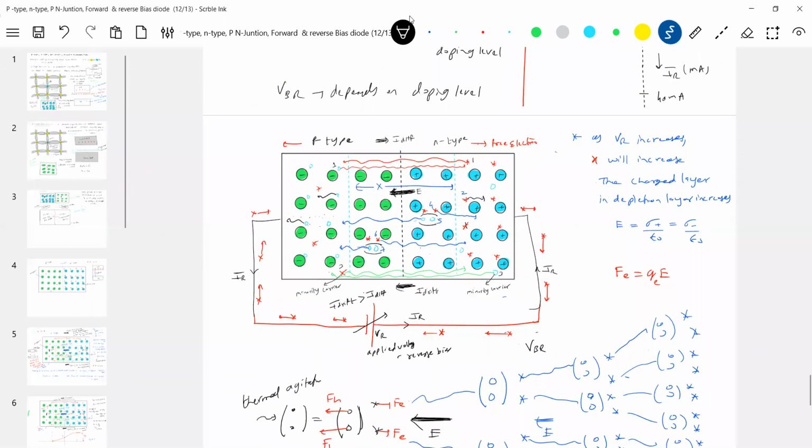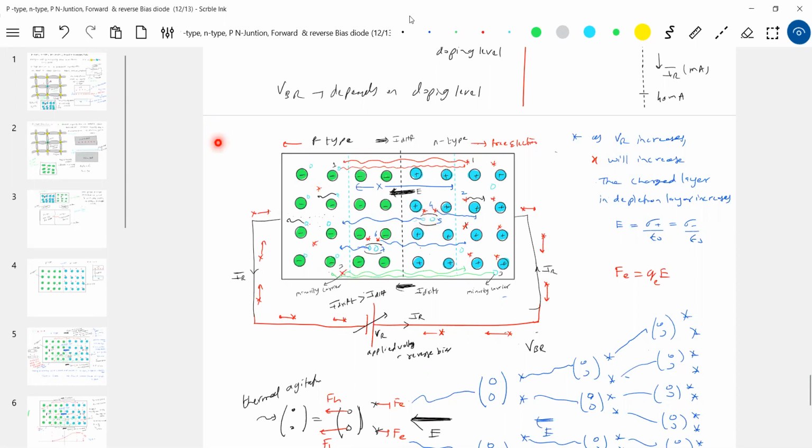What is the Zener breakdown? So in Zener breakdown, what happens? As I increase the reverse bias, then same thing, the width of the depletion layer increases. As the width of depletion increases, the charge in the depletion layer will increase, and the electric field will increase. Now the electrostatic force will be so strong that it will directly pull the valence electrons from the valence band. If it pulls a valence electron from the valence band, what do you get? One hole and one free electron.